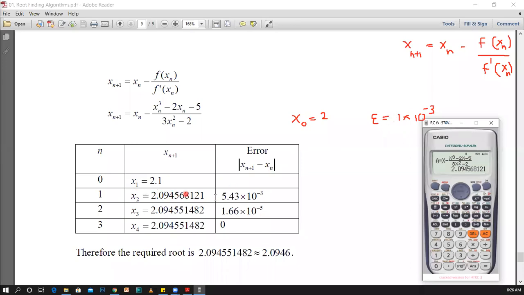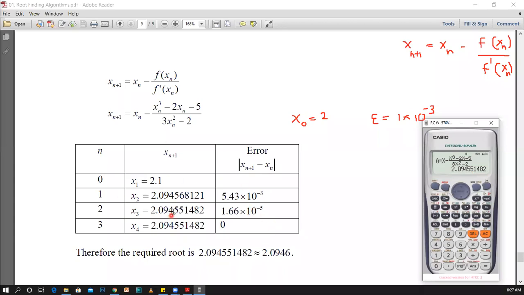Therefore, we cannot stop from this point. Therefore, we have to continue the calculation further. If I continue for the next iteration, then I will set the value. Then I am getting the new value as 2.094555